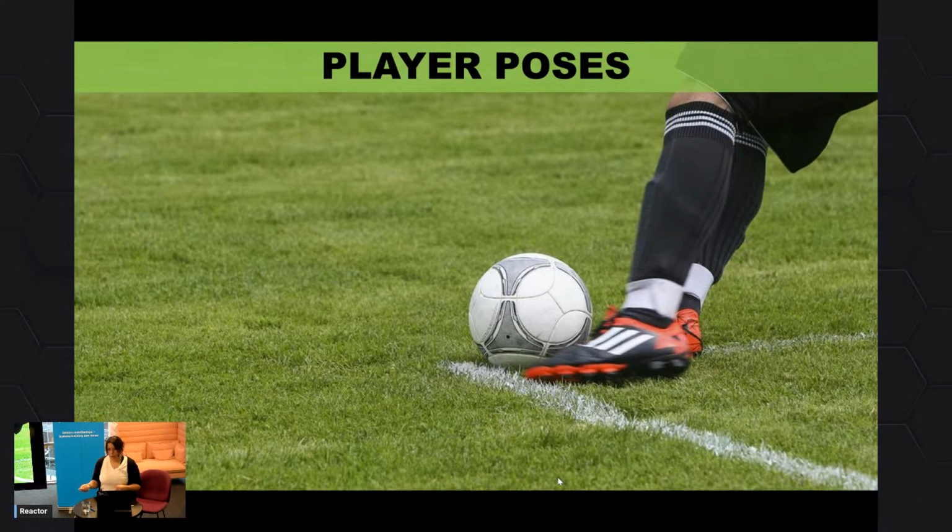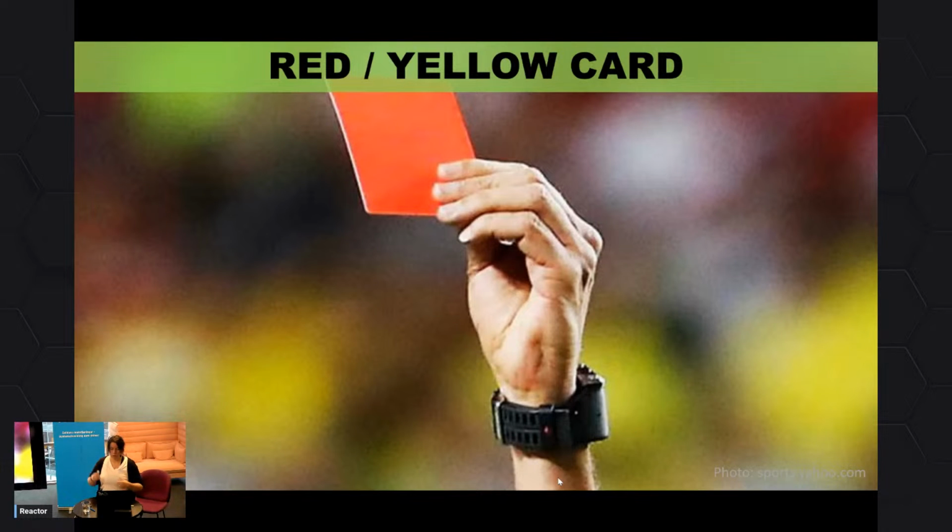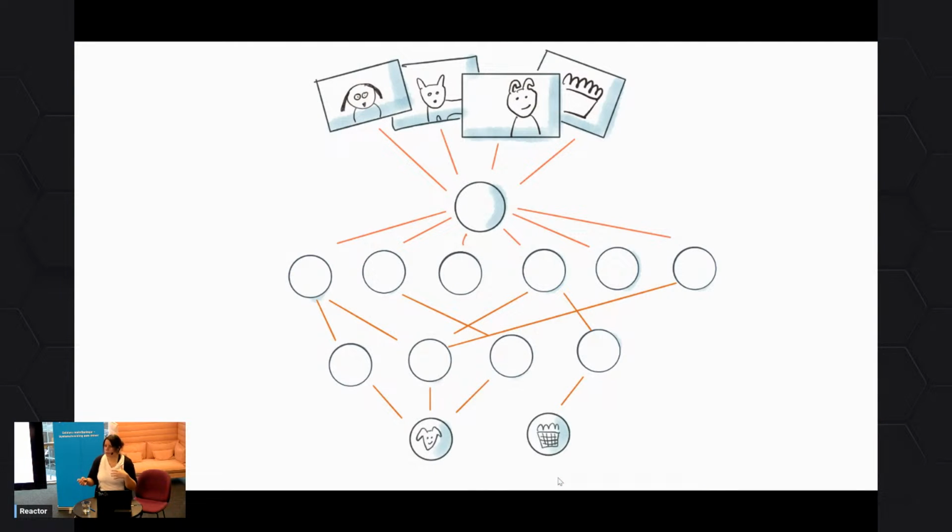Player poses, also similarly to the object detection, there are pre-trained models for this, either pose detection or gesture detection. And for the red card, we used image classification. And I just want to talk a little bit about how image classification works if you haven't seen it before. So when you build an image classifier, you put in a lot of data at the